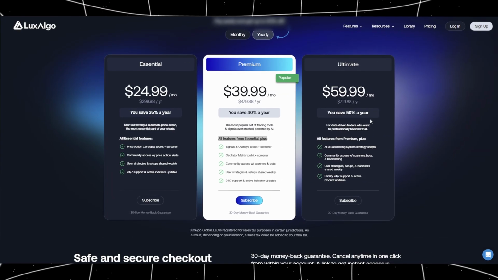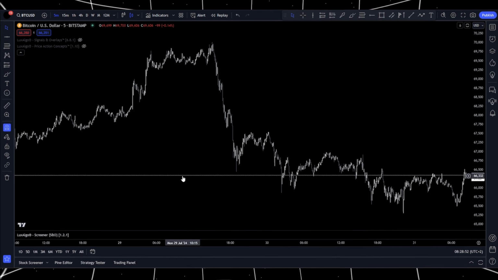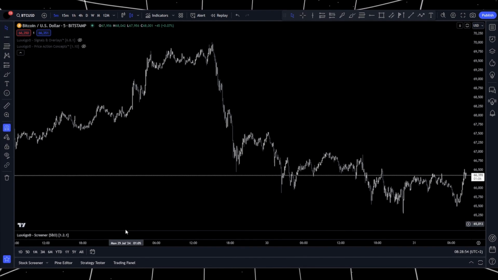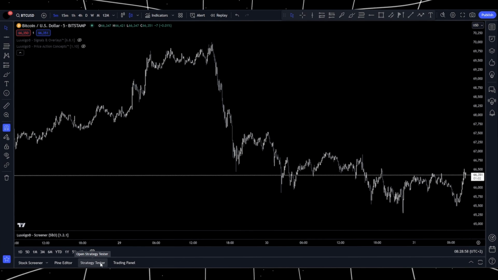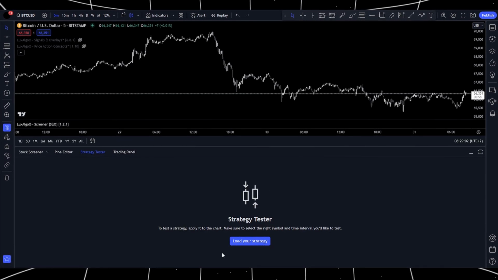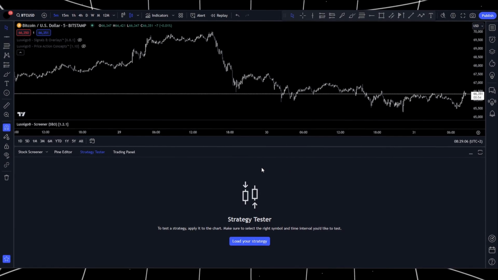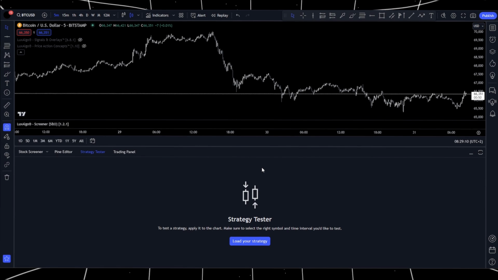What do you get on the ultimate? You get all of the stuff we've talked about in this video, plus they added 3 backtesting system strategy scripts. So, if you want to backtest a strategy on TradingView, you can do that. If you go to TradingView, down towards the bottom of your screen, it'll come up under Strategy Tester. You can load the strategy, load your own strategy, load different strategies, and have that backtested over time, which is pretty cool. I think it's a great tool for more advanced traders or investors, especially if you're into the details